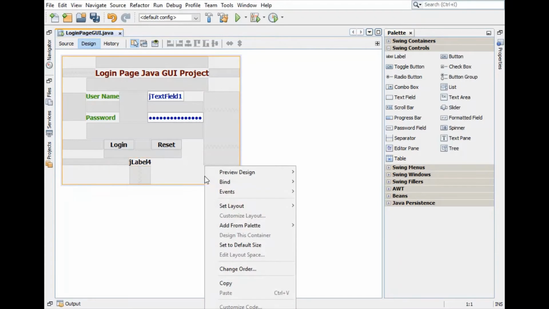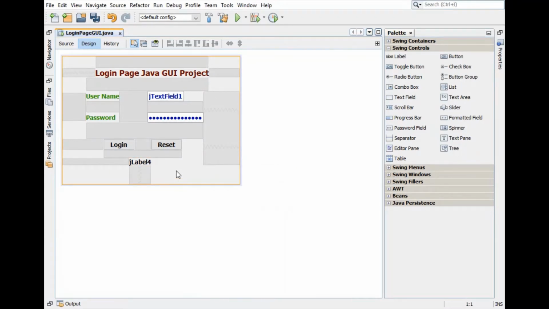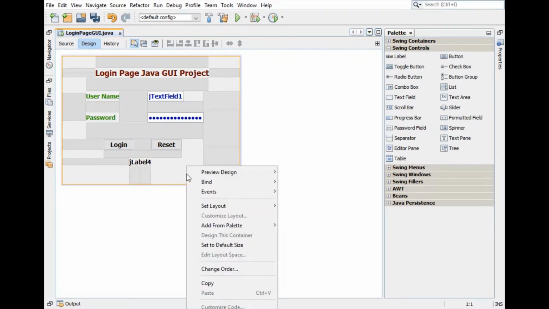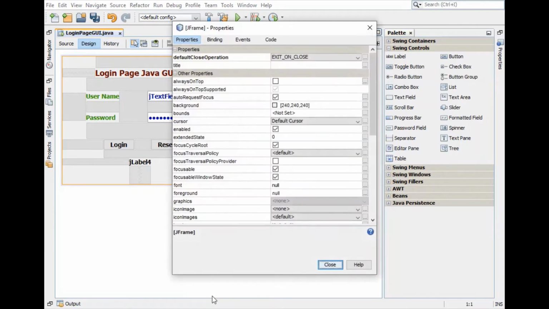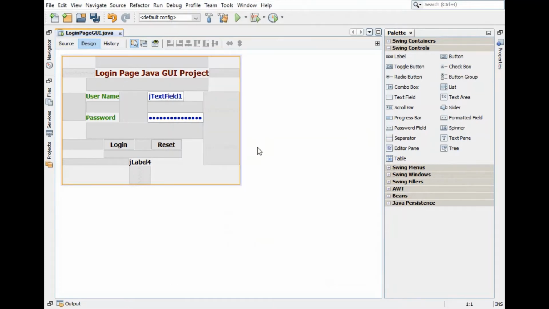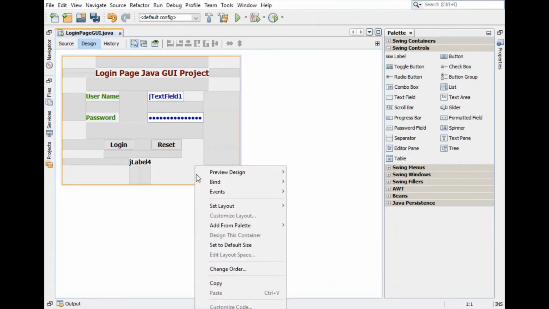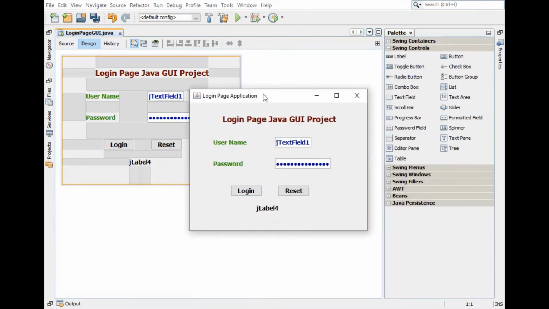And for the title of our application, just select your form, go to properties, and here is the title, the title of our form: login page application. Just close this and let's see the view. Right click, preview windows. So we will get our output like this.